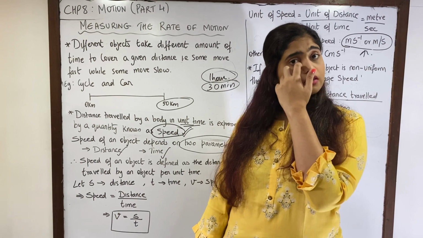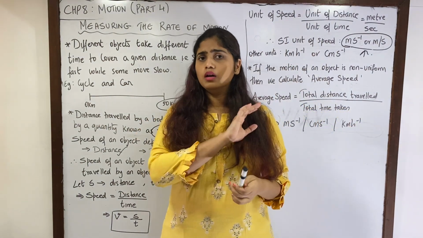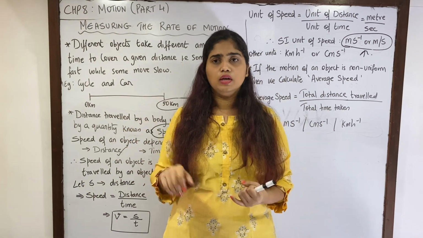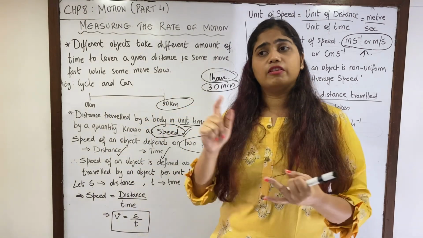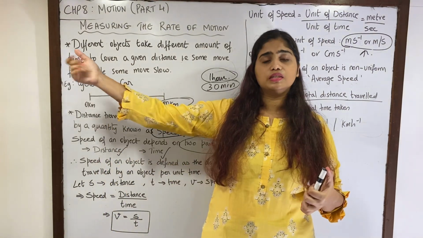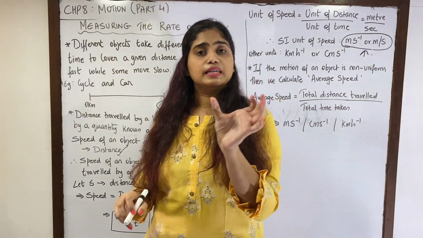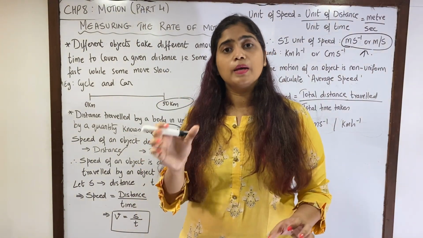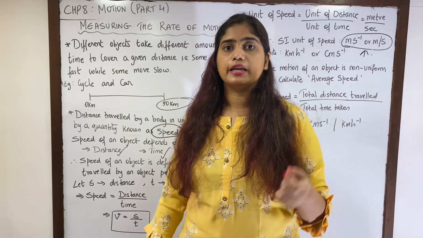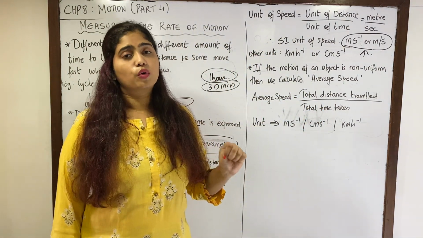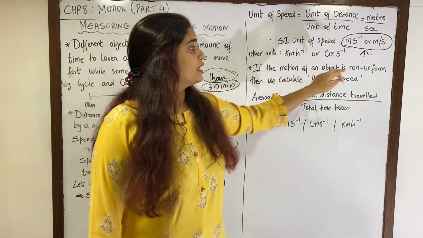For example, when we are traveling in a car, we are never going to get an empty straight road for us to travel, yes or no? In between there will be people crossing, there will be cows crossing, there will be dogs crossing, or there will be a big traffic jam. So what happens? The distance that a particular object is covering in a given unit of time is going to be changing constantly. So there is a formula of average speed that we are going to use when the object is moving with a